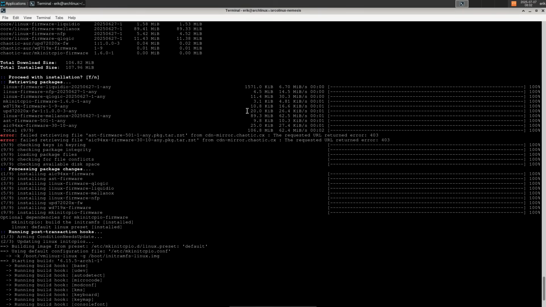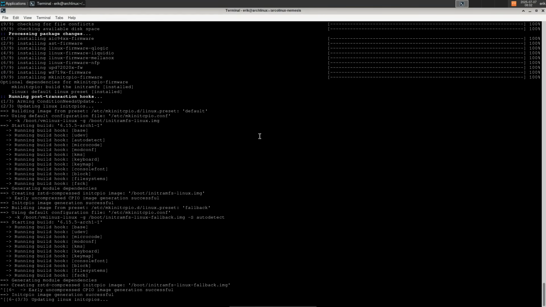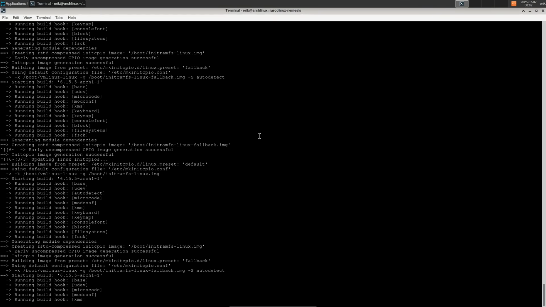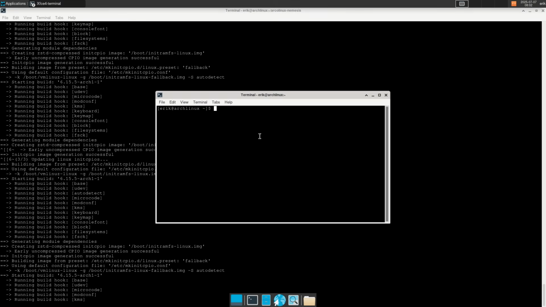There are things in here we should check. Fail to retrieve. So the mirror from Chaotic is at this point in time down. Just wait a half an hour maybe, and then the Chaotic server is back online, and we run the scripts again, right? So a few of the packages will not be installed, the ones coming from Chaotic, but at this point in time already, you have